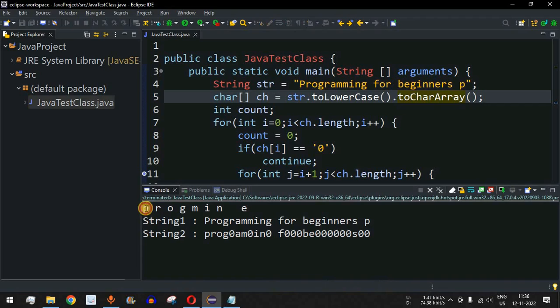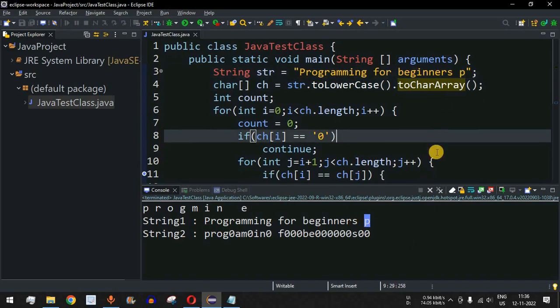As you can see, P is being displayed as the duplicate character now. That's because this uppercase letter, that is P, was converted to the lowercase character, and this p was compared to the last p that we had just put in our string. So guys, this is the algorithm that you can use in order to find the duplicate characters in a string. Please make sure that you practice on your own, so that on different input of strings you get different